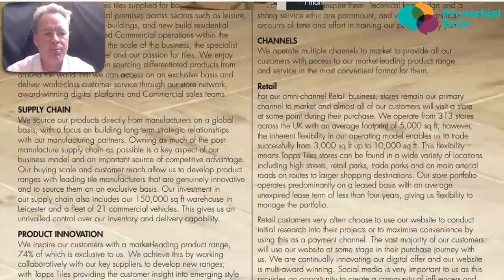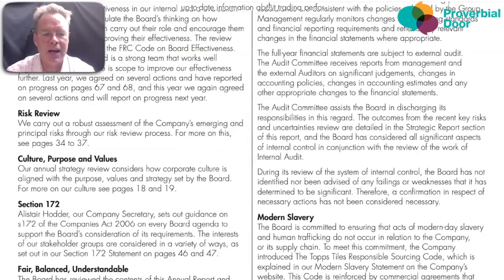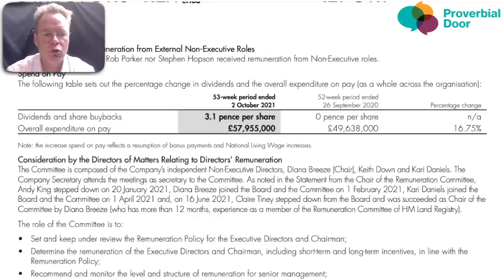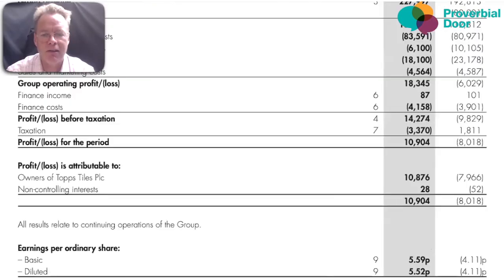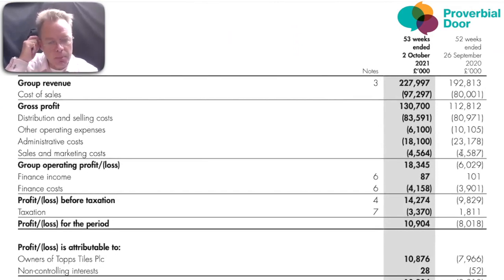In this annual report and accounts, we get all the information about the company and how it has been performing. What it's been up to, who runs it and who the directors are, what the strategy is, all the different areas that it's working in, as Moed mentioned. But we're going to focus in this presentation on the financials. So here we are looking at the income statement. We're in thousands of pounds. So turnover, that's the top line here,